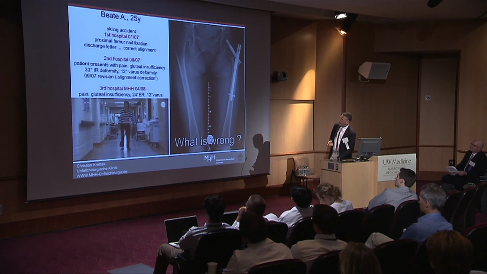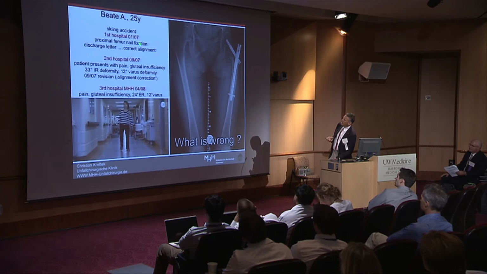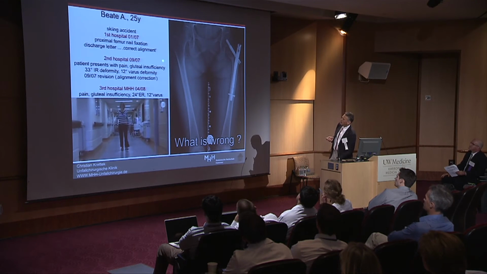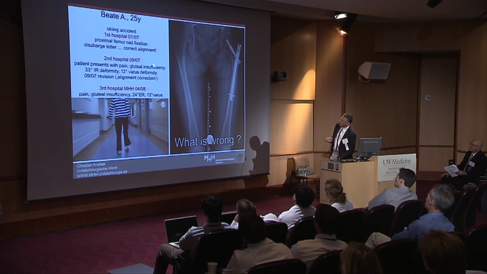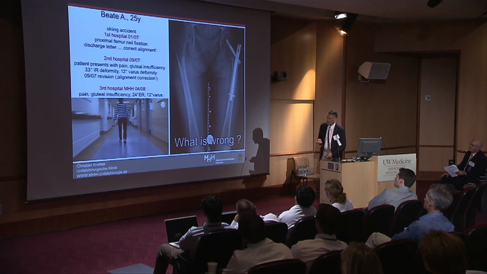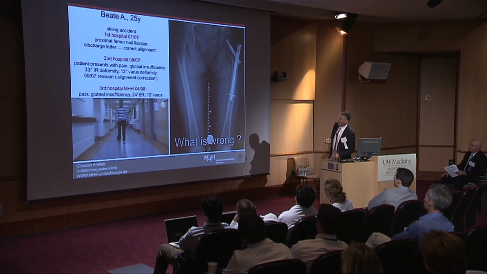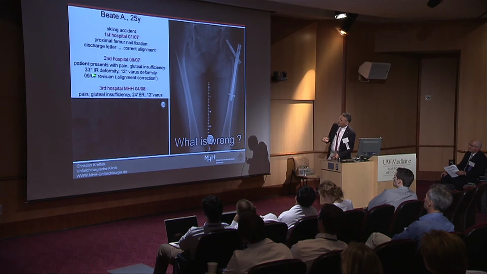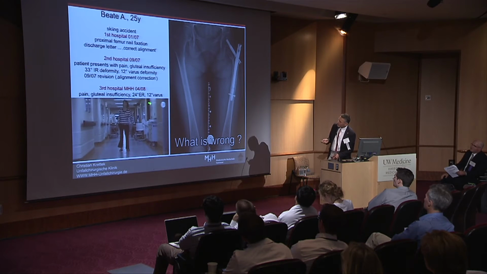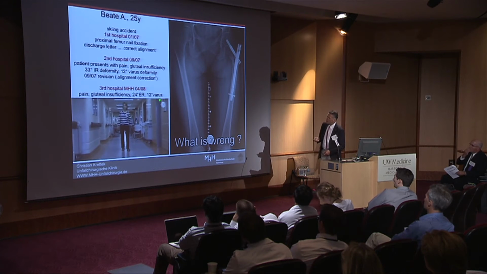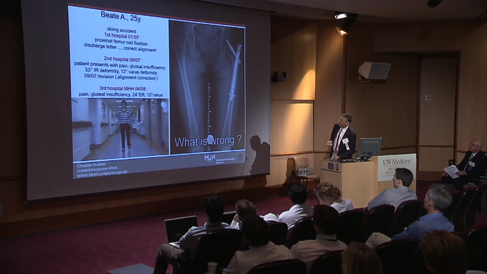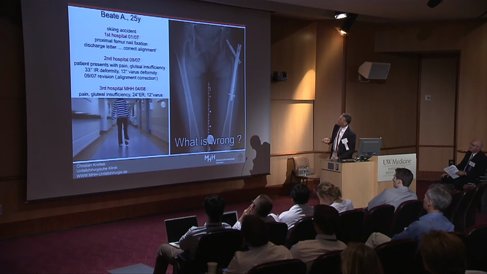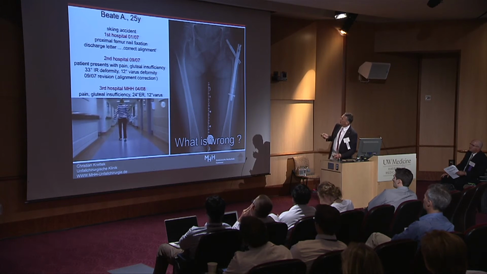Here, an example of a young patient, skiing accident, first hospital built-in rotational deformities. Then she entered a second hospital which corrected her internal rotational deformity to an external rotational deformity, but the varus deformity stayed. So she came to us as a third hospital, so we tried to address this deformity, took out the nail,